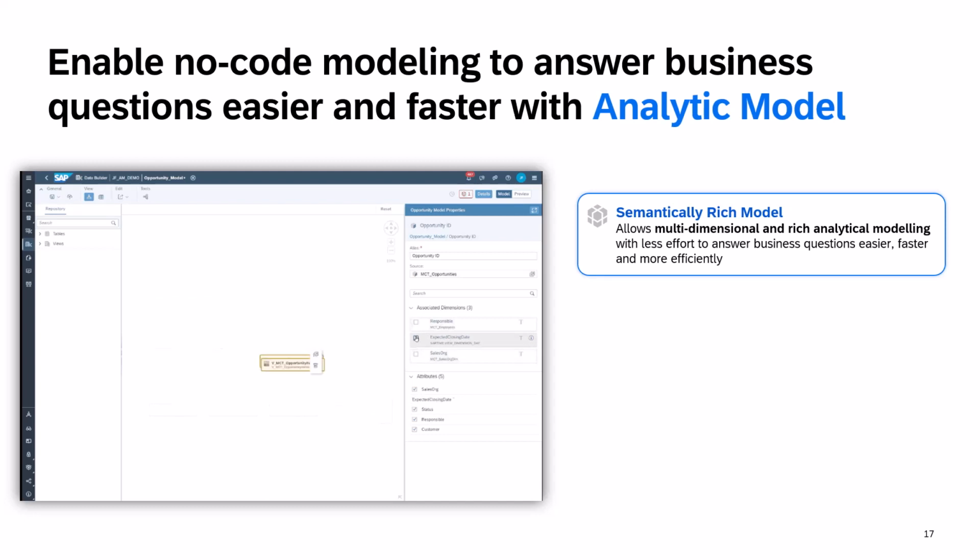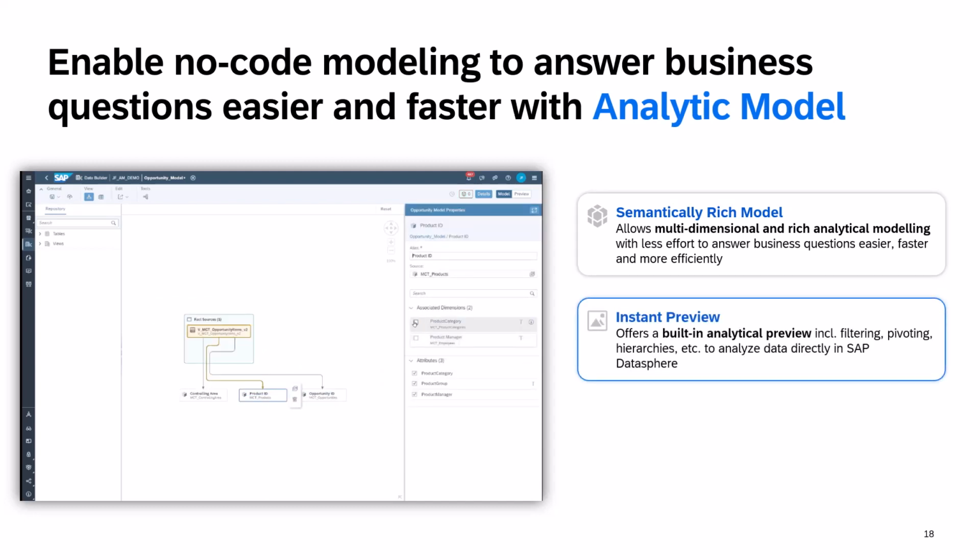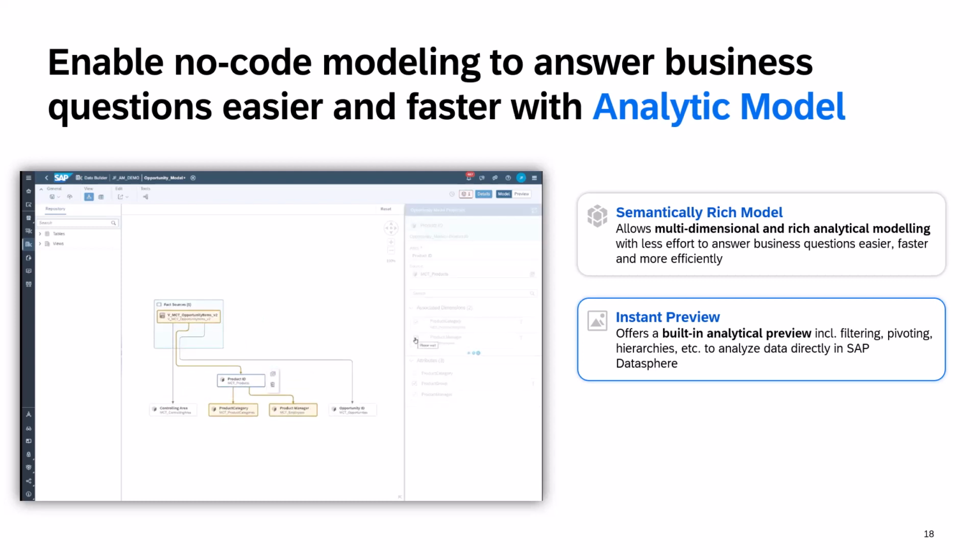And what we also offer with this solution is an instant preview capability, so you don't have to connect another consumption tool in order to see how the model or the data looks, which you just have modeled here.